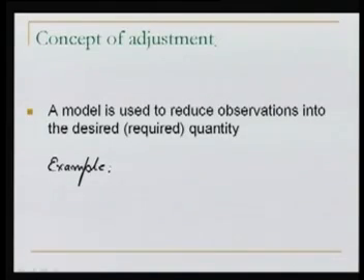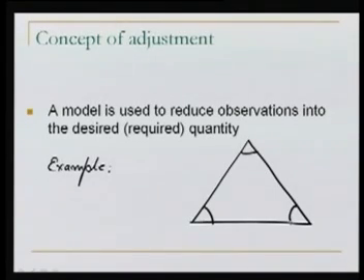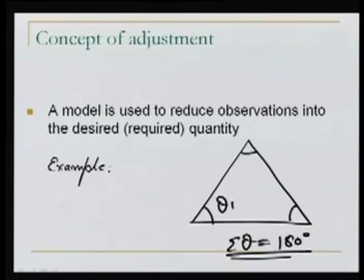Well, next, as we have seen earlier also, and as I was talking, our observations should satisfy a model. The model in this case was sigma theta is 180. That's the model. Observations are theta 1, theta 2 and theta 3, and sigma theta should be 180. So what we are trying to do is alter our observations, correct them, apply some corrections to the observations in such a way that the estimates